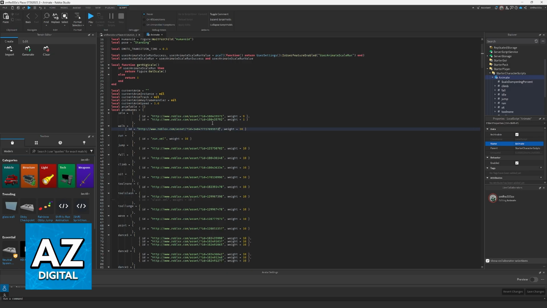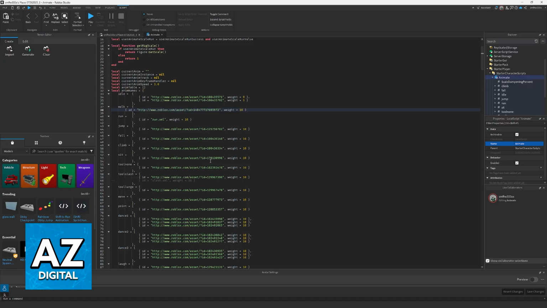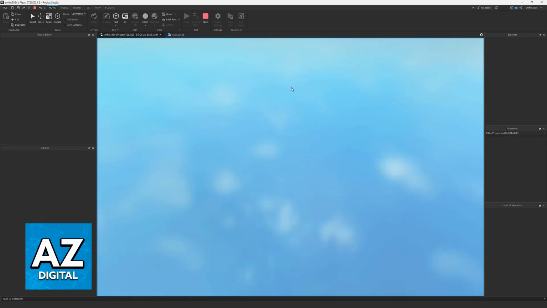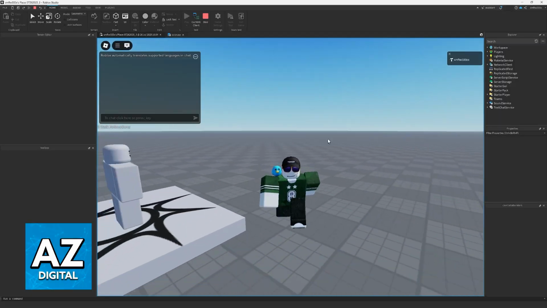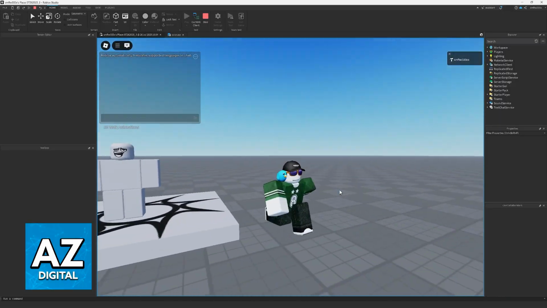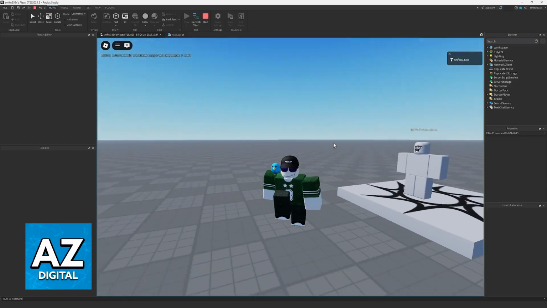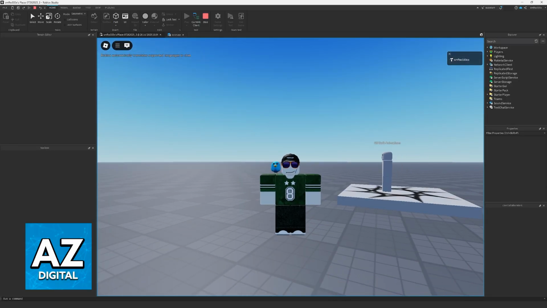So again, if you have multiple animations that you are going to be changing, change all of their IDs through this menu. With all of this done, you should be able to load into the experience and see the new animation in place. So you can clearly notice that the new animation has taken form on my R6 body. You will be able to do this with any animation models that you find on the workshop, or if you develop and publish your own one.